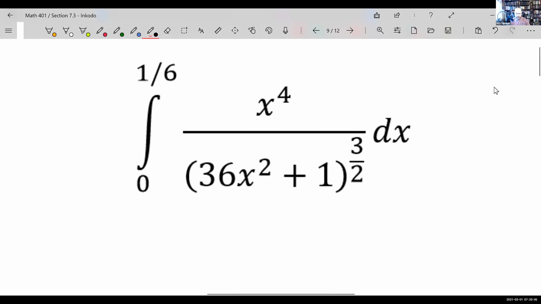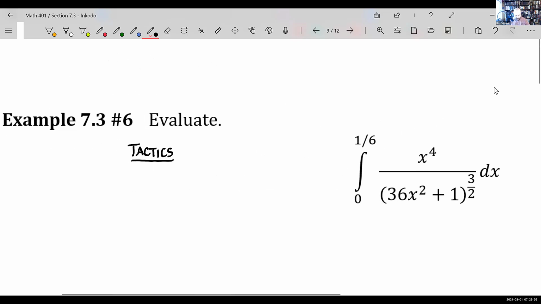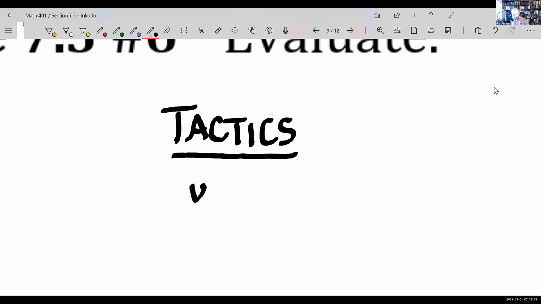Well, it might work, but it doesn't look like it's going to work. I'll put it down as a possible tactic, but to be honest with you, I just don't think it's going to work. So I'm going to write it down as a possible tactic, but I probably wouldn't want to do it, mainly because if you let U equal, let's say, this